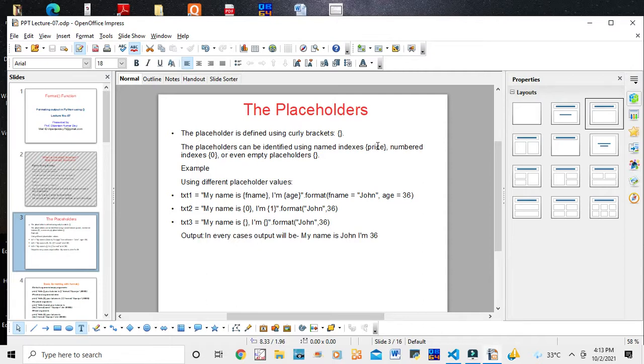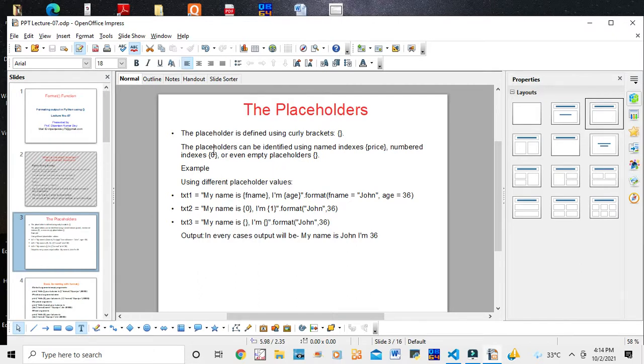You can write a numbered index, that is 0, 1, 2, 3, and so on, or even an empty placeholder. So you can use a name index like price, name, age, salary, and a number index 0, 1, 2, 3, even an empty curly bracket.